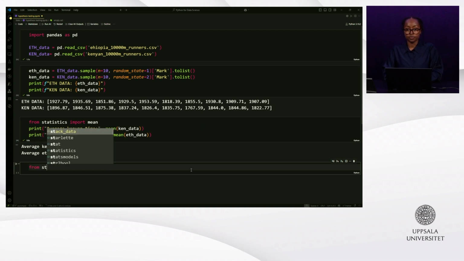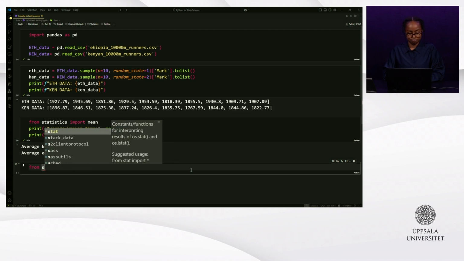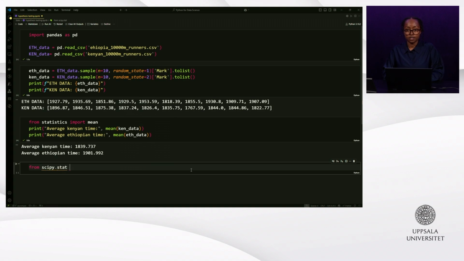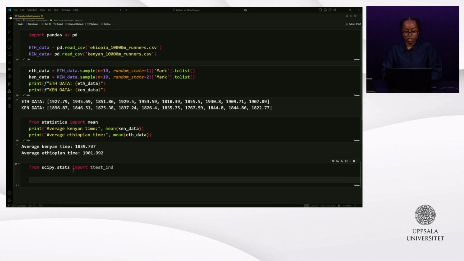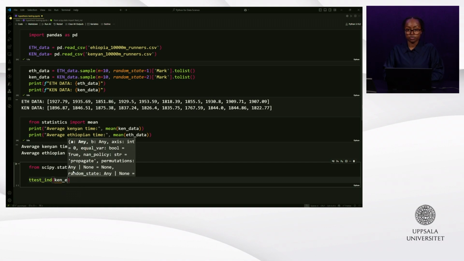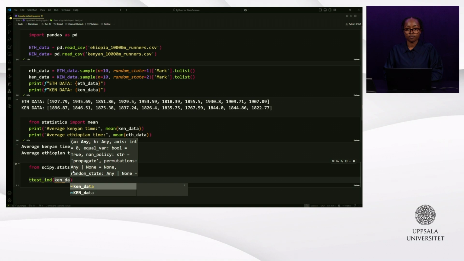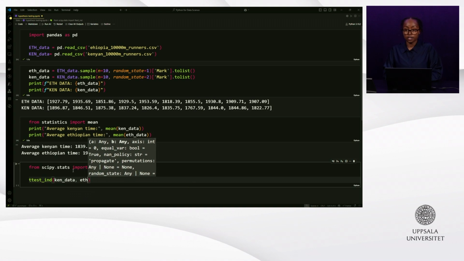From scipy.stats, I'm going to import the t-test independent function, and this should be stats. And to this function, we're going to pass in our Kenyan sample, our Ethiopian sample,